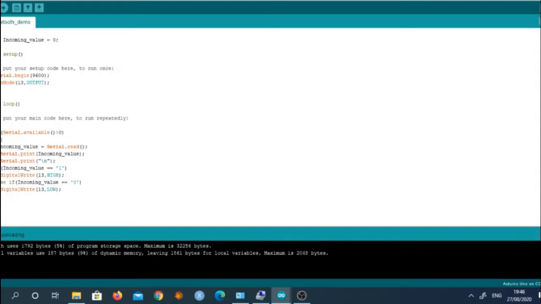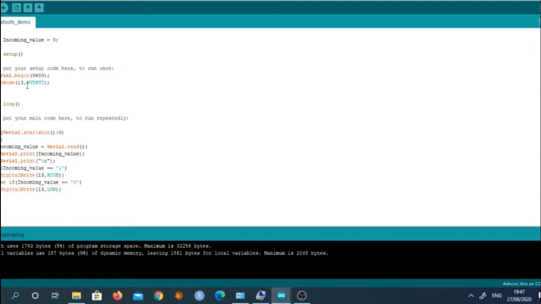In the setup function we initialize the Arduino board, and for that we use the command Serial.begin with a baud rate of 9600. This statement will initiate the communication between the computer or laptop and the Arduino board.